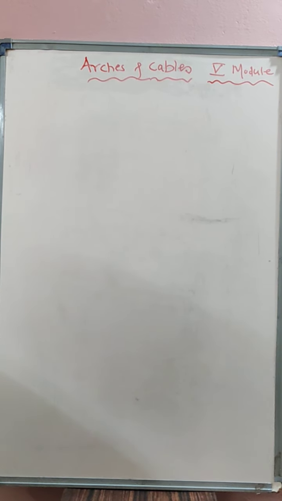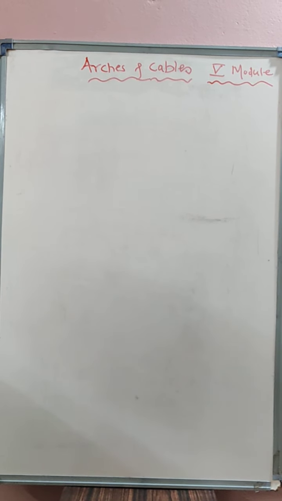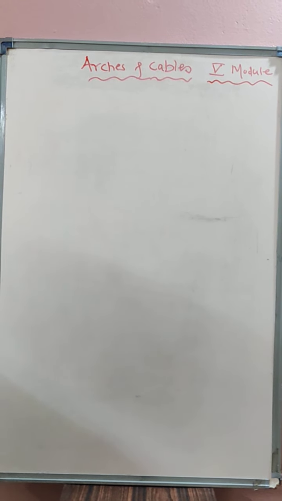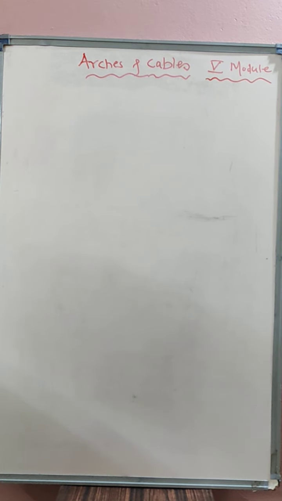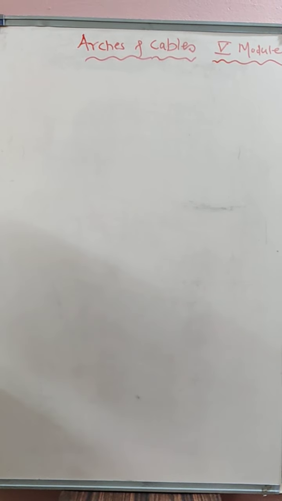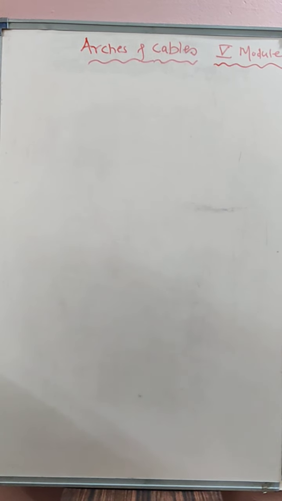So from the first module I am jumping directly to the 5th module because this module is very important, at the same time very interesting and simple as well. The 5th module is all about very important civil engineering structures that you might have observed in real-time situations. These structures are arches and cables, and you have seen arches and cables in real-time situations. Arches and cables are curved structures. Geometrically they are curved structures.